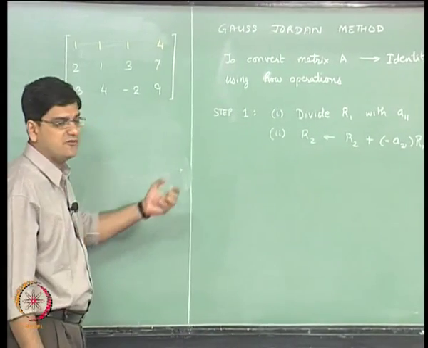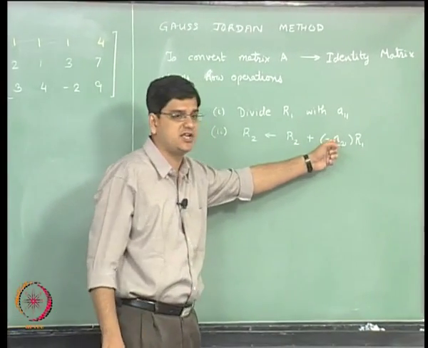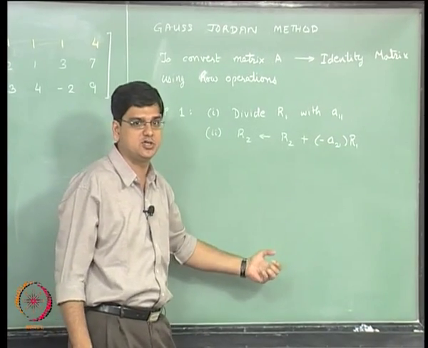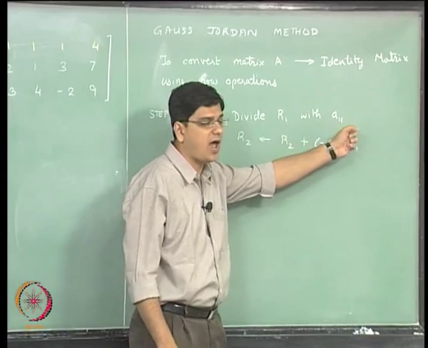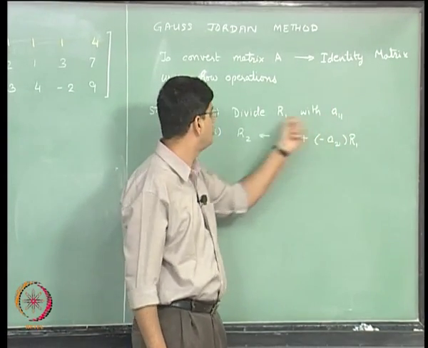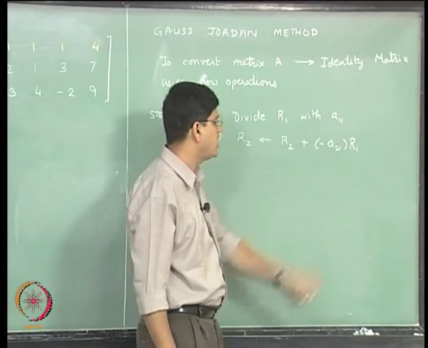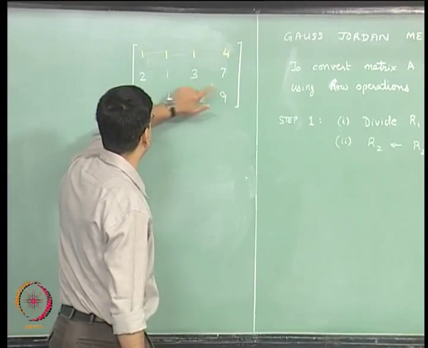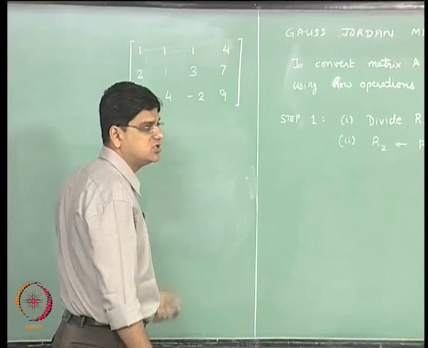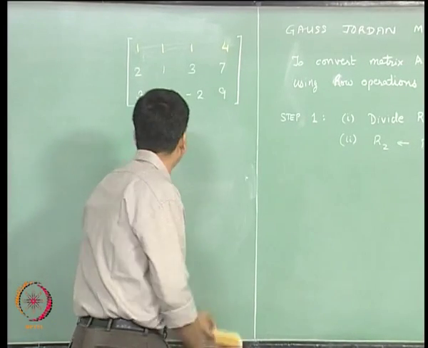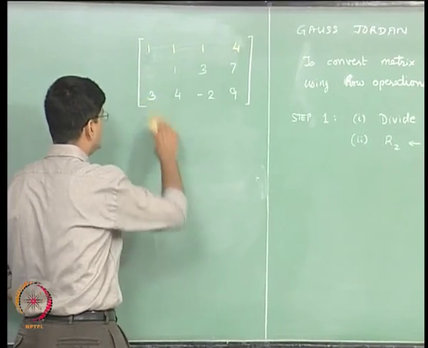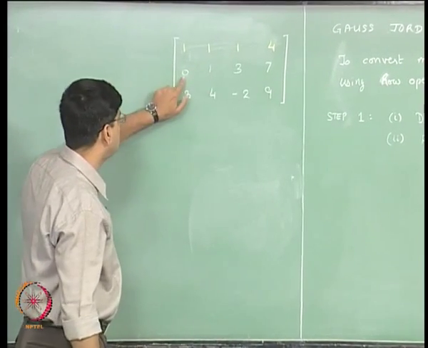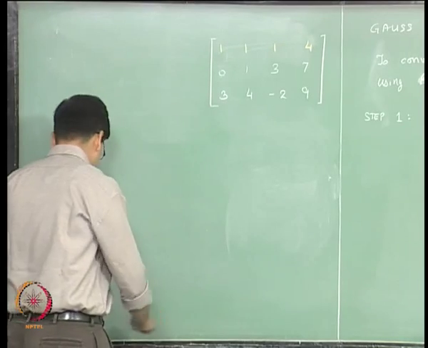So previously we had this coefficient as the ratio A21 divided by A11. Now we do not need that ratio because A11 has become equal to 1 through the first operation. So now what we will do is this row minus twice this row is the computation that we will do. Now this number we know is going to become equal to 0. So in a computer implementation we are not going to do this particular calculation.